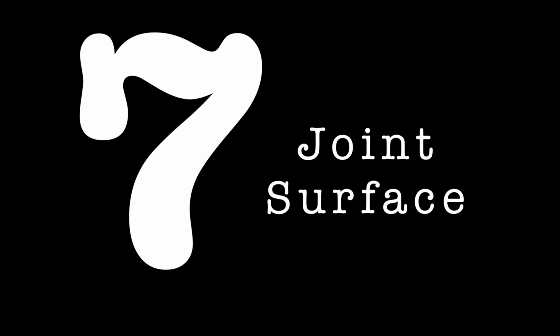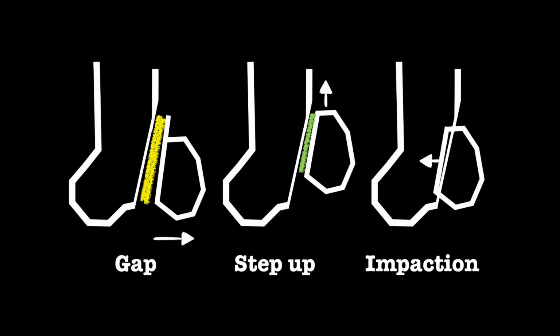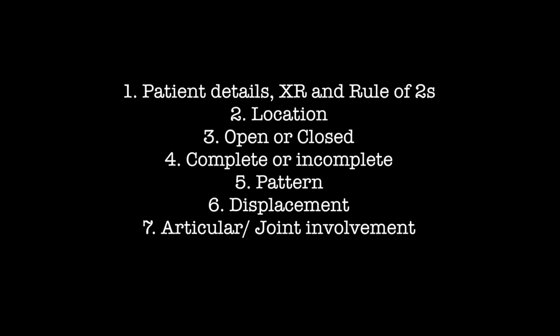Step 7. Look at whether the joint surface is involved, and if it is, you can look for a gap, a step up, or impaction. These parameters can be measured in millimeters, and if they fall within the acceptable ranges for that joint, reduction may not be necessary. So again, when looking at an X-ray, check that this is the correct X-ray by checking the